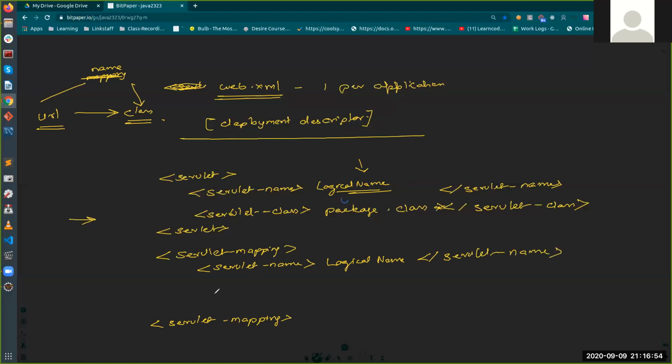And now here comes your URL pattern, url-pattern. So for example, I want to write slash welcome.view, just a URL, right? This is a way of mentioning that this is a web page, right? Welcome.view. So here we write the URL pattern.